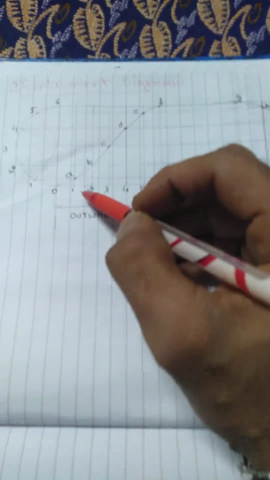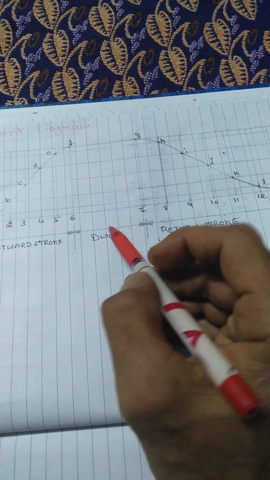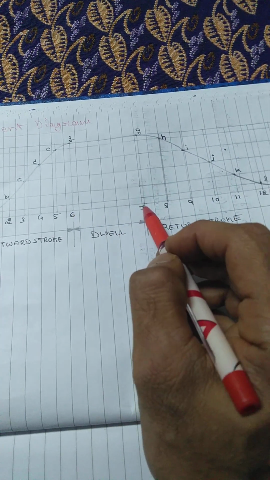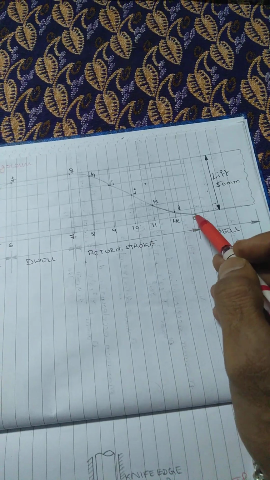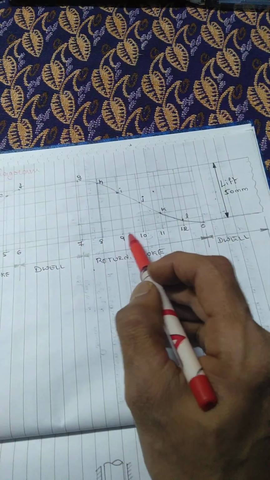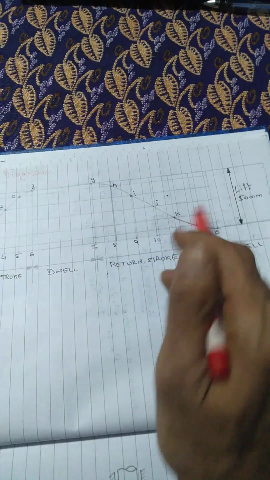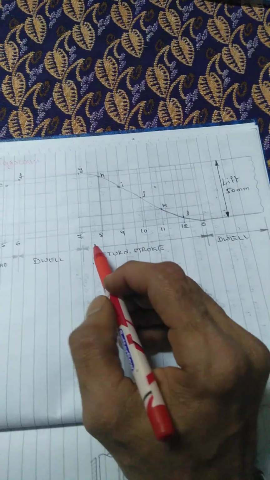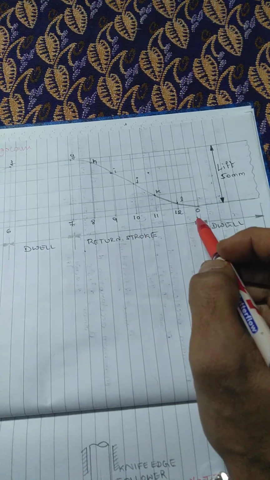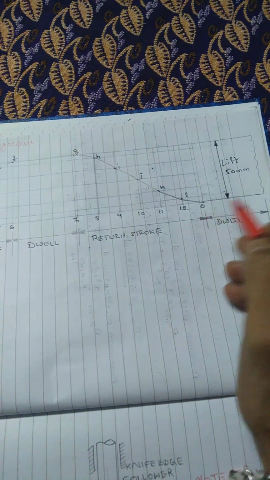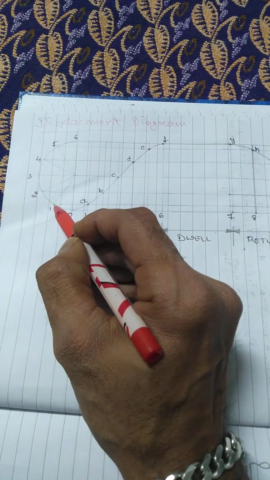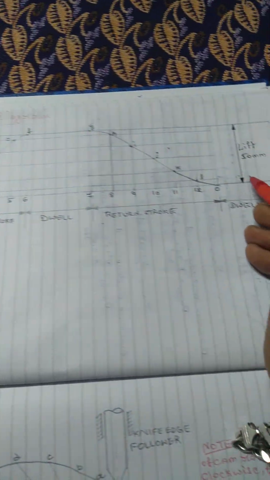Well, after this is the 45 degree dwell, so I have taken 4.5 from 6 to 7. Next, 7 to this point: 1, 2, 3, 4, 5, 6. Again this is 90 degrees, that's what I have taken, 9.5 centimeters. After that, draw a horizontal line from this point to this end, similarly for all